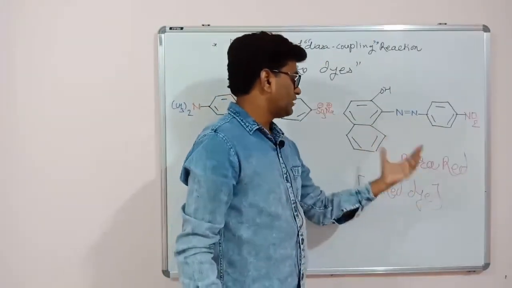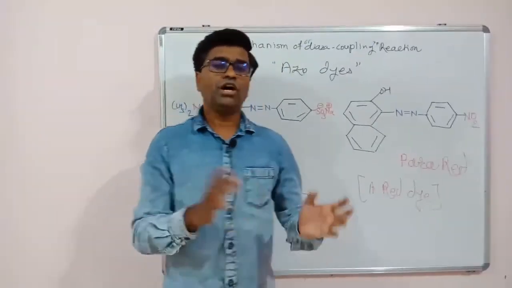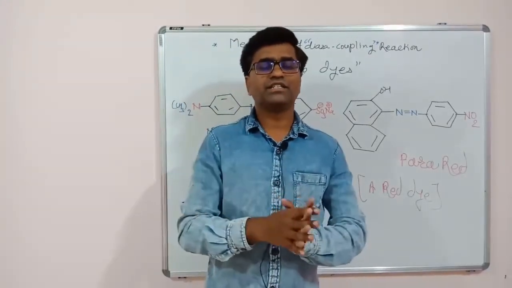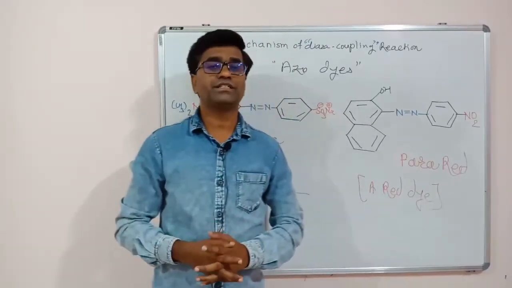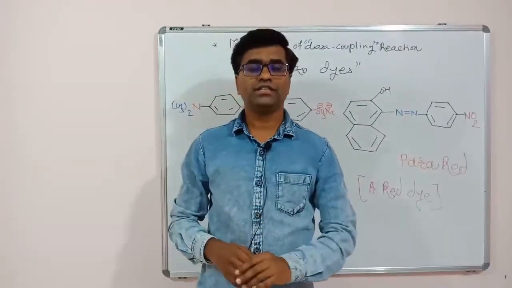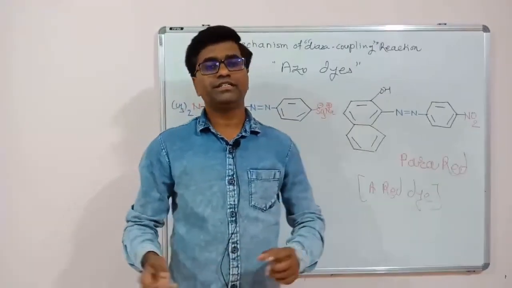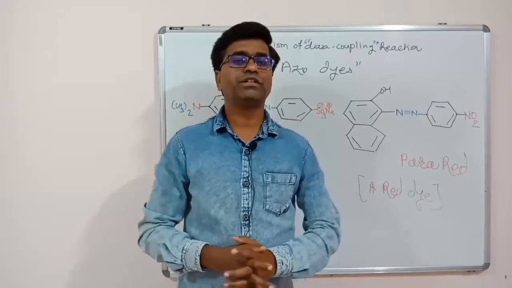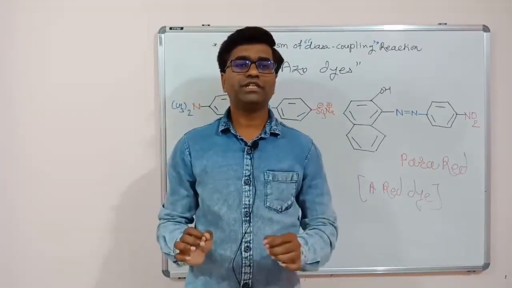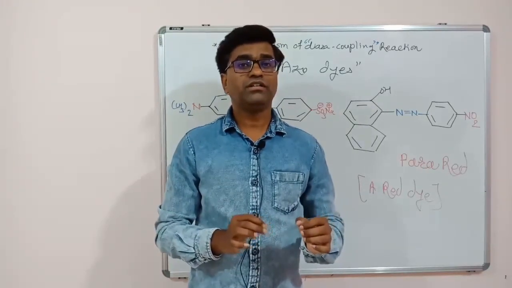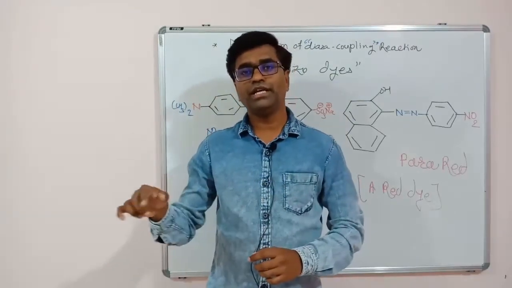This is called a red dye, as well as we know the phenolphthalein reagent. So all these indicators or dyes, intense colored dyes which are used in the industry, those are mostly azo dyes. So this is the application for making these azo dyes in industry, and we saw the mechanism of diazo-coupling reactions, that is called diazotization. The electrophile is our diazonium chloride salt, that is Ar triple bond N Cl minus.